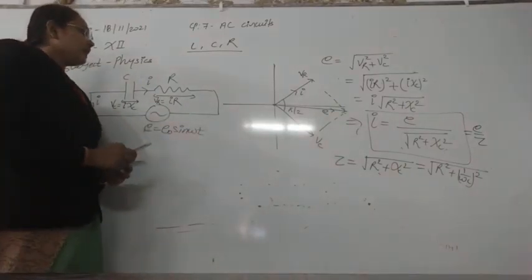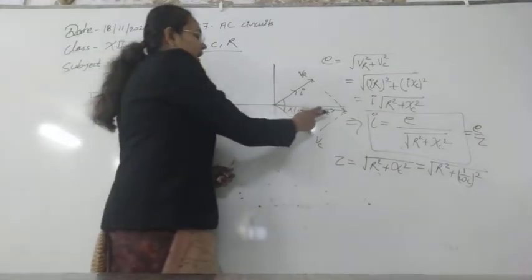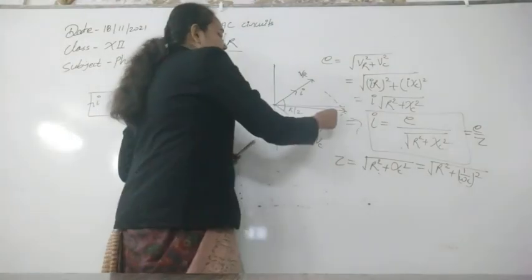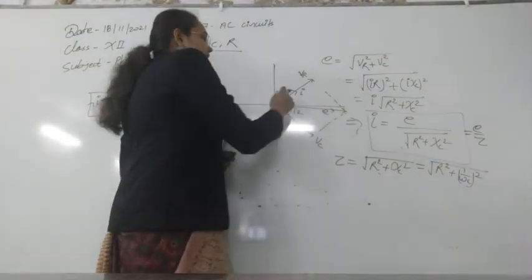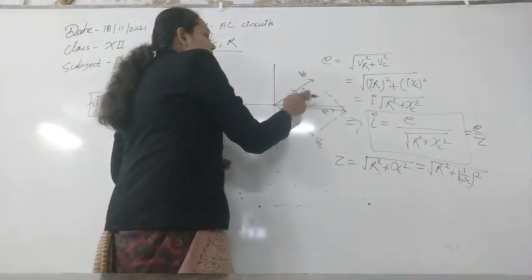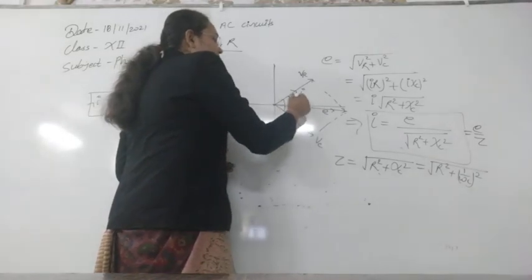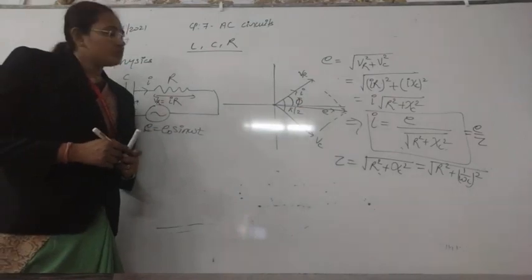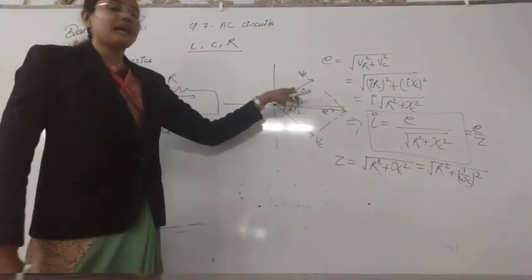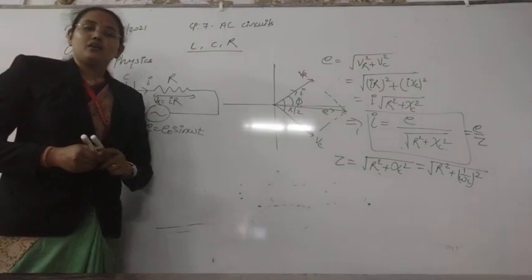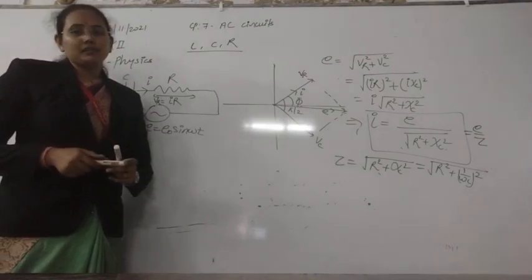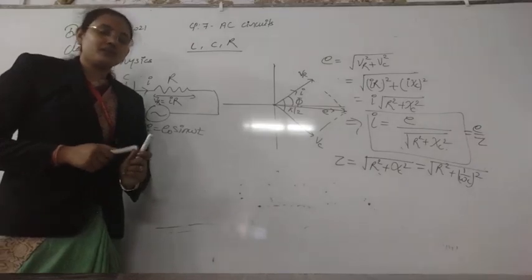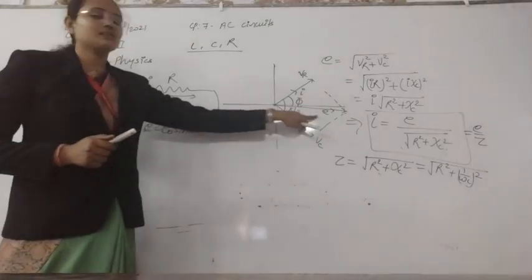If we see the phasor diagram, this is showing the resultant potential of this combined circuit. You can see this resultant potential is also lagging the current by some angle. Suppose this angle is phi between them. Here the potential is lagging behind the current by some phase, so our circuit will behave like a capacitive circuit. But the angle will not be equal to pi by 2; it will be somewhat less than pi by 2 depending on this resultant.